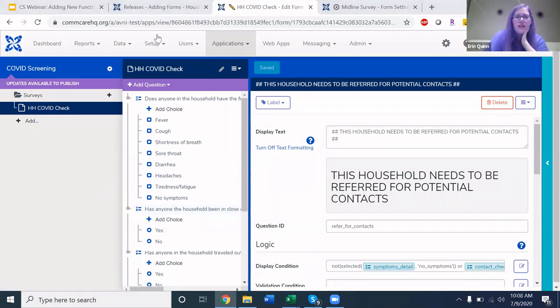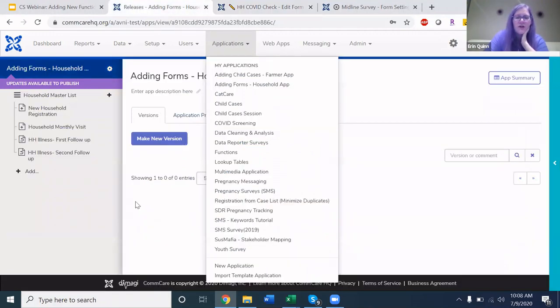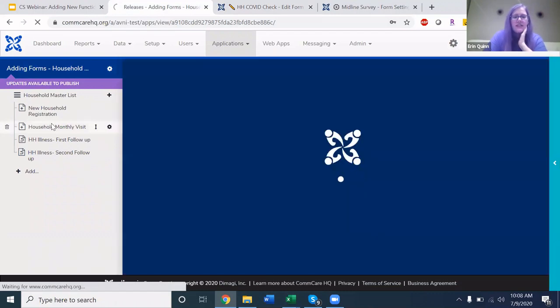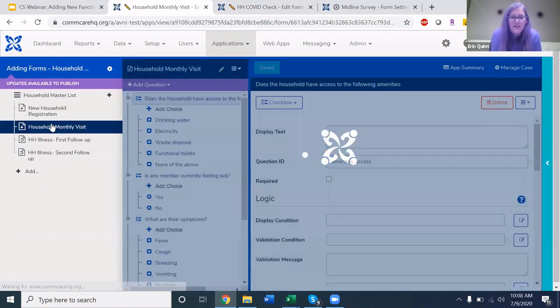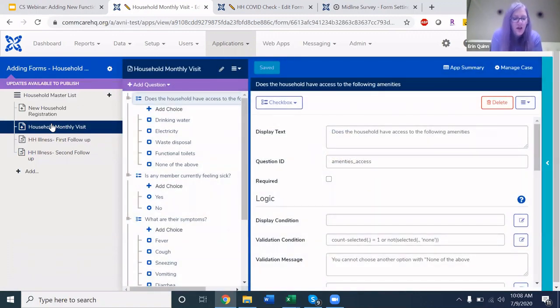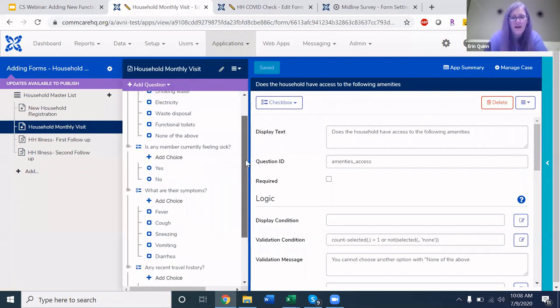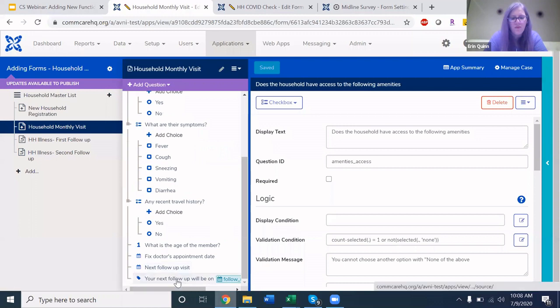So there are really two things that I think would be reasonable to do here. We could either decide that we want to integrate this into our existing monthly visit form. I think that would make a lot of sense. For the mobile workers, it would be very simple. They would still open up the same form. They would just have additional questions at the end. Or you could, of course, make this its own form. So you can choose what makes the most sense for you. Both of them are totally fine options, but I'm going to choose to actually add this in the household form